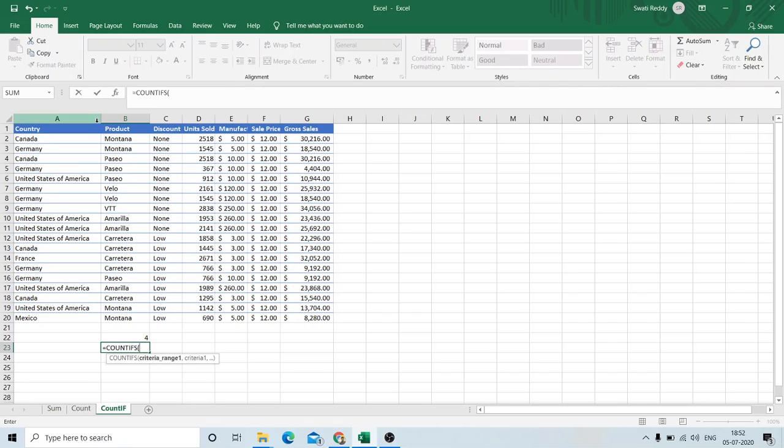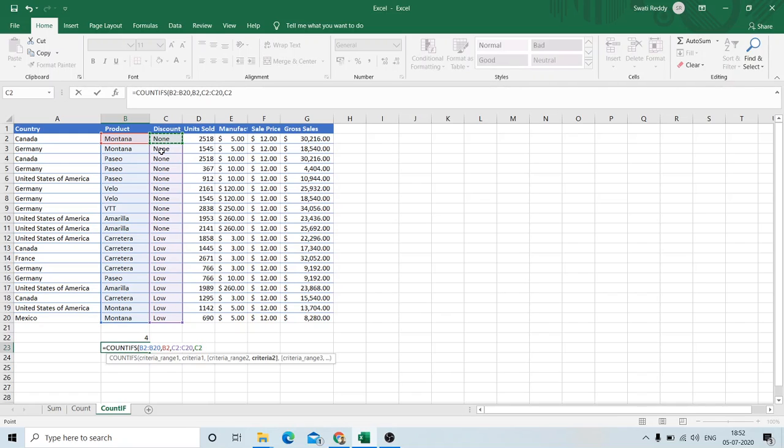Now what we need to do is select the first range, comma, criteria for the first range, comma. If there is one more criteria range, we can also select it, comma, and what is the criteria for the particular range? None. So it can be multiple criteria, multiple ranges.